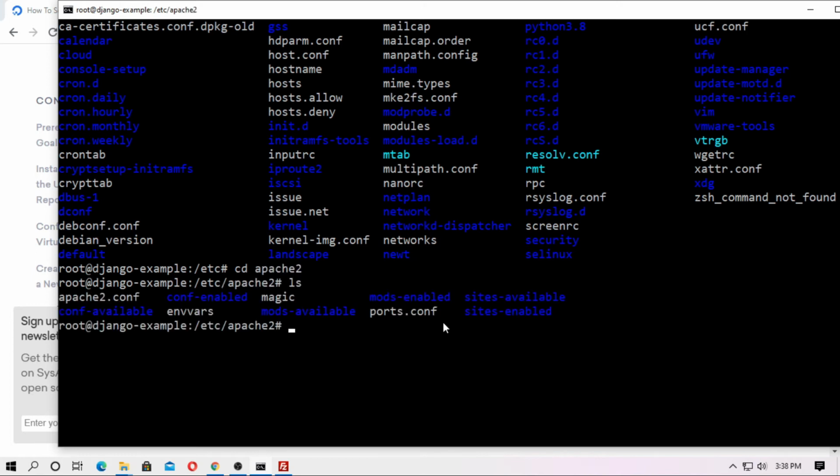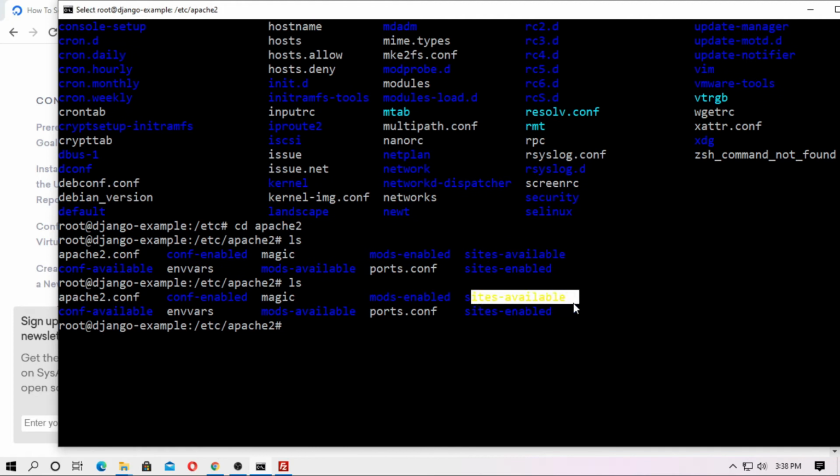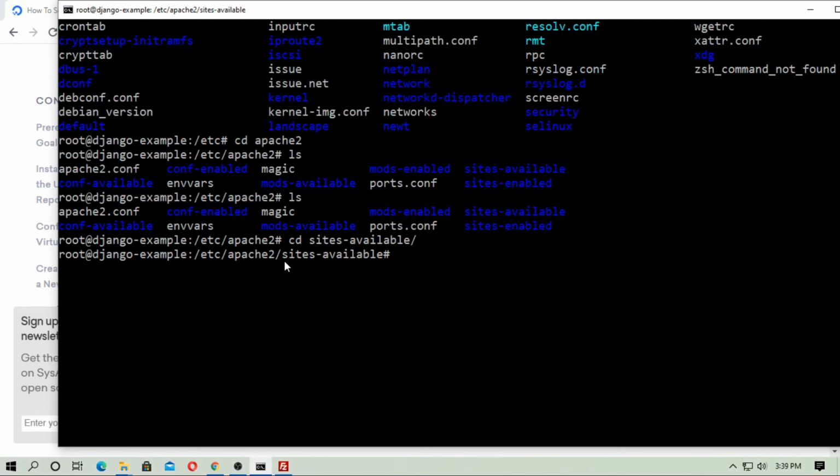Okay, now type ls. Here is sites-available, so just type cd sites-available. So now hit enter. Now you are inside the folder etc/apache2/sites-available. Here just type ls. So here is 000-default.conf. You have to edit this file.